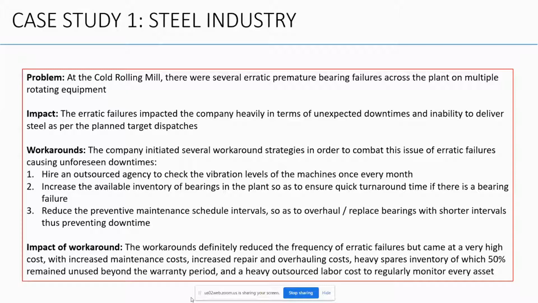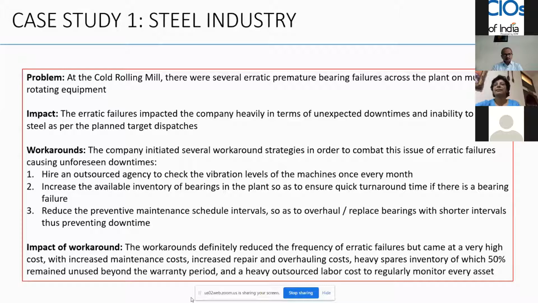However, in spite of the workarounds, there were still few unexpected failures which happened within one period of because of the nature of